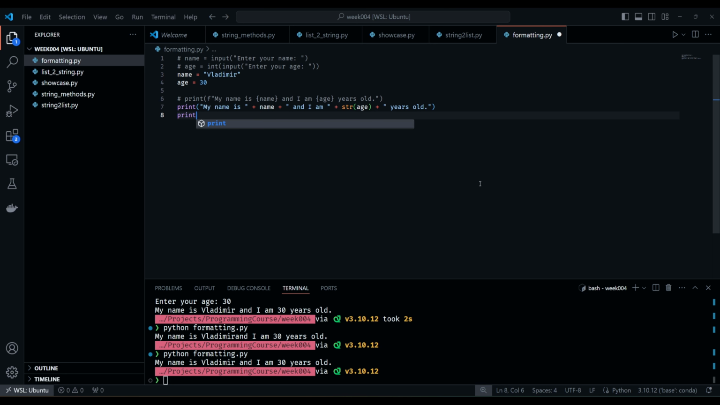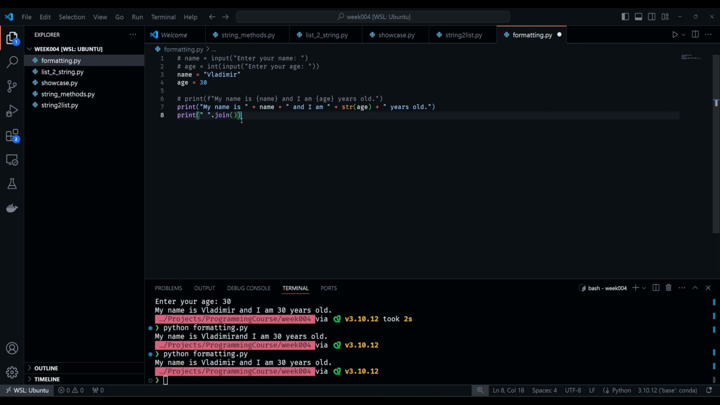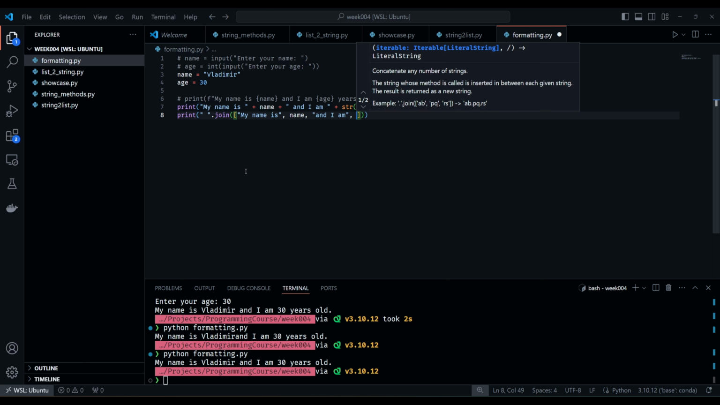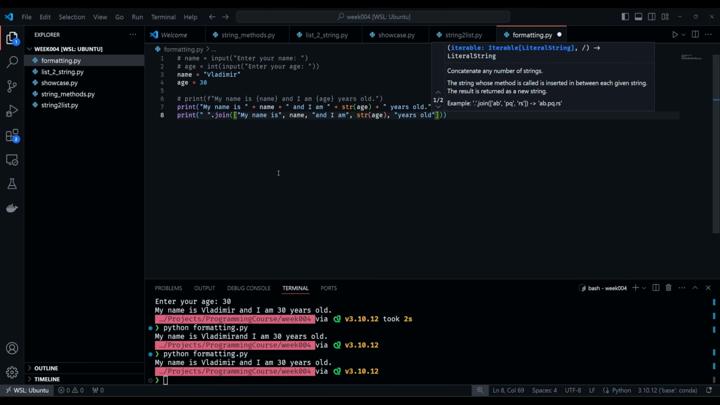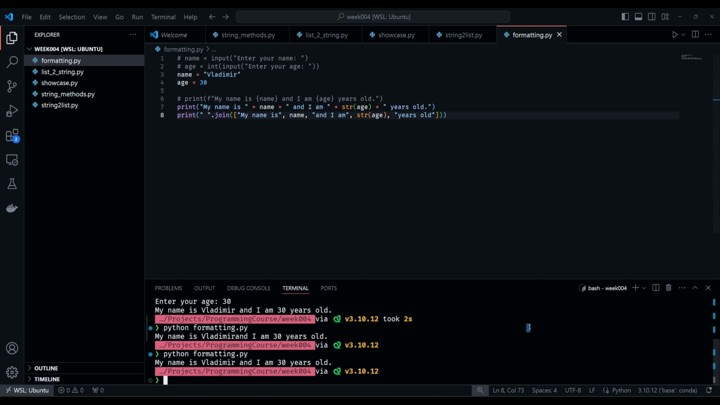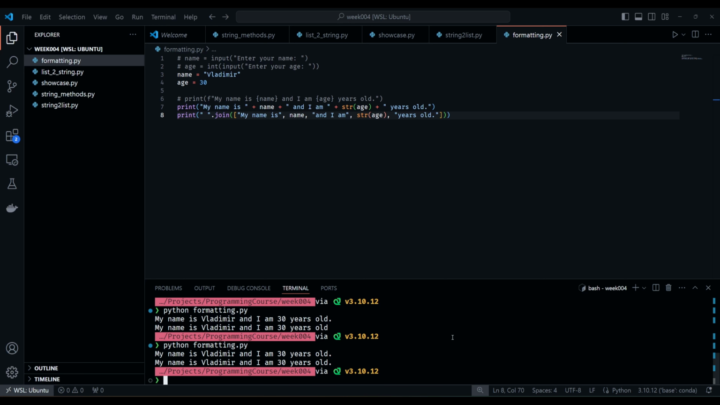Also, for example, we can do it through the join method. Here I specified my separator, and now I can specify my strings. My name is, then name, then and I am, and then string of age, and then also years old. So another way, right? And the result is almost the same. I forgot about the dot. So the result is the same, but in my mind these are ugly things,